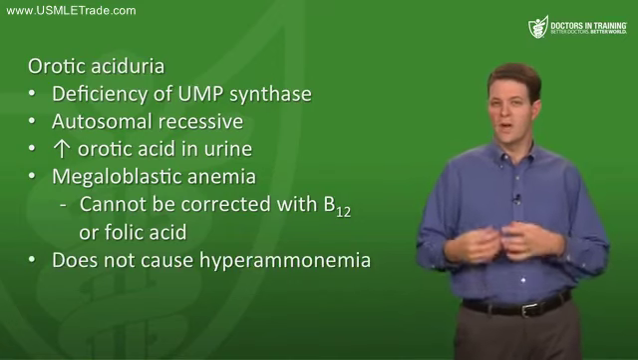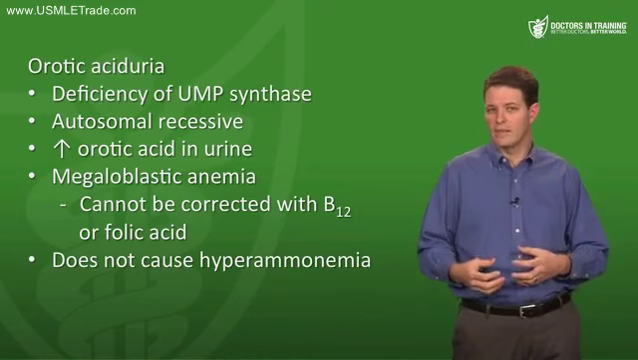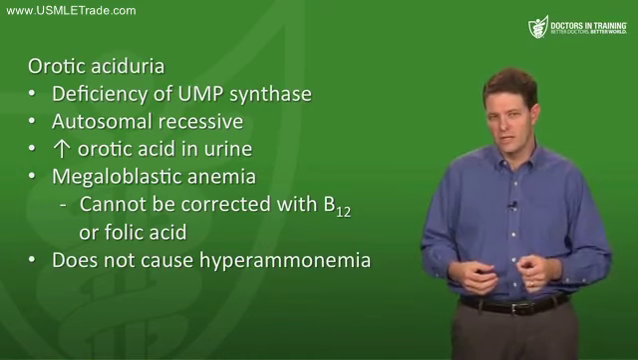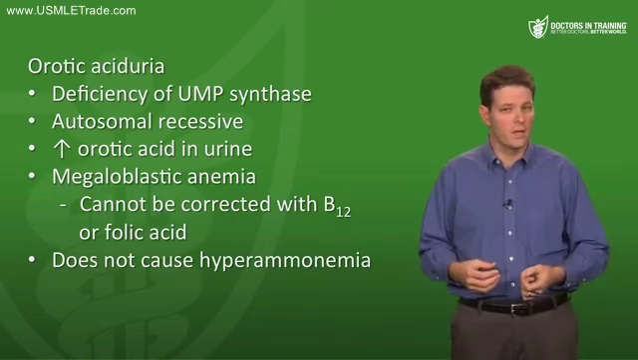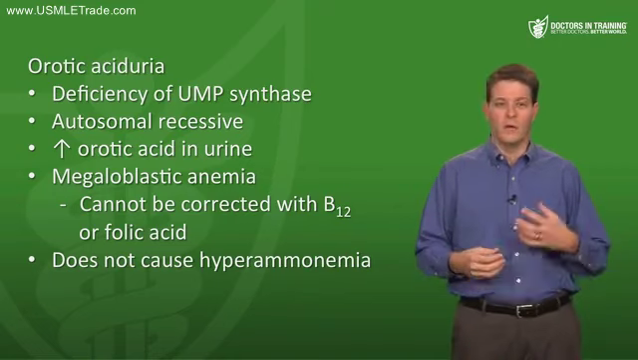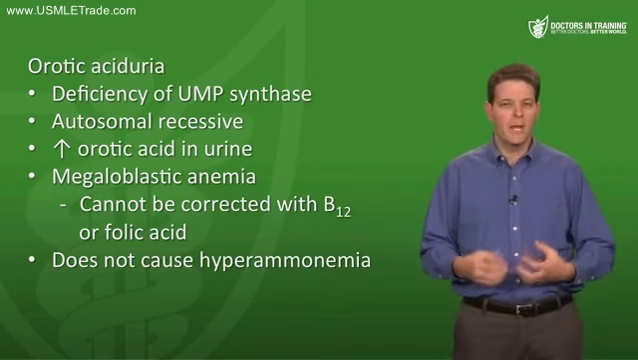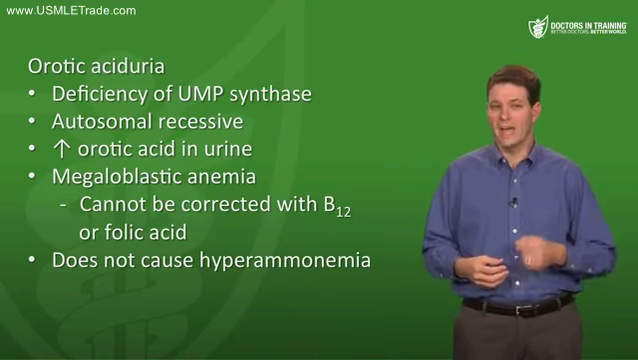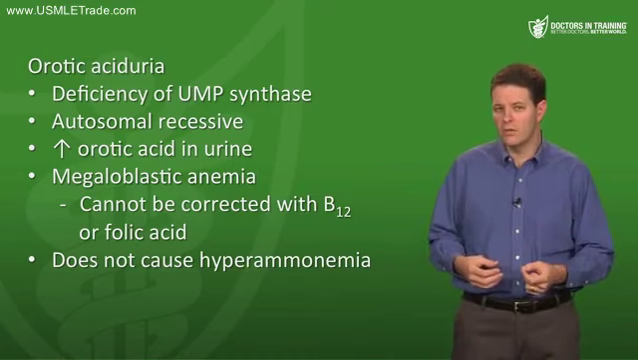And that's important because another disease that causes elevated orotic acid in the urine is something called ornithine transcarbamylase deficiency, which is a disruption of the urea cycle. We're going to talk more about that when we get to the urea cycle later on, when we talk about amino acid metabolism. But patients with ornithine transcarbamylase deficiency have high orotic acid levels and high ammonia levels because you're